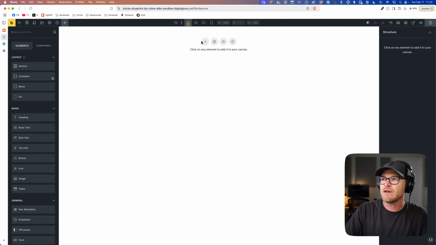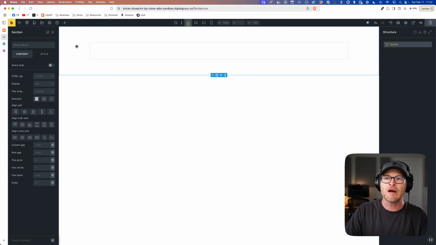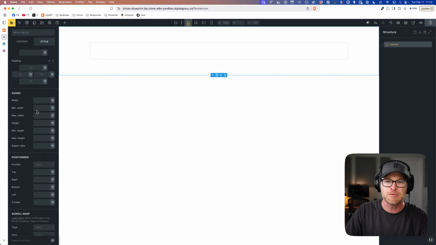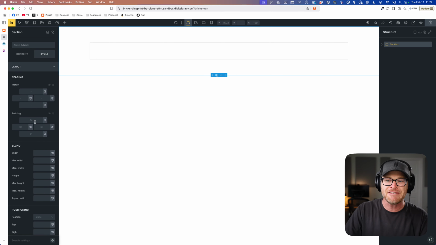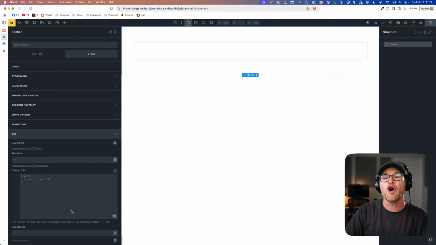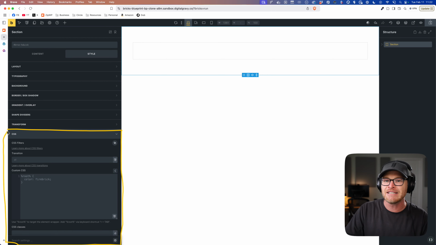All right, we will add a section, and I wanna write custom CSS for this section, okay? So I go to Style, and I have to go down here to get to custom CSS, and usually one of these panels is open too, by the way. So you can't even see where the CSS is, you gotta close a panel in order to get to your CSS. You open the panel, and it's always open down here in the left corner. Let me turn my pro mouse on. So it's like confined to this area down here.